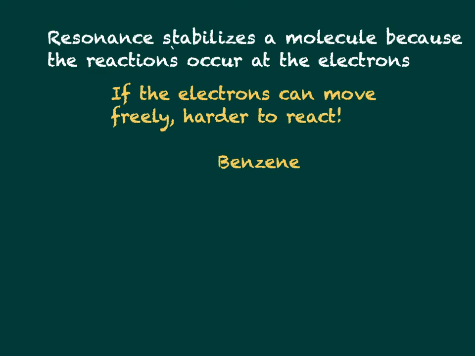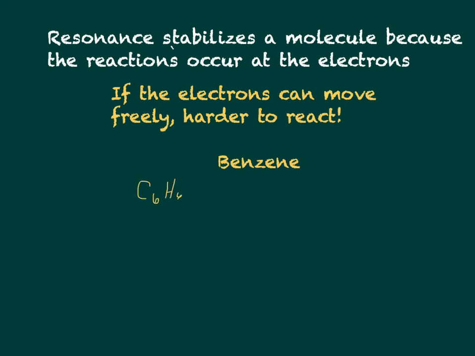Now, resonance is going to stabilize the molecule and make it harder to react, certainly, because the reactions occur at the electrons. And if the electrons can move around, they're harder to react at. And the best case for this is the case of benzene. Benzene is